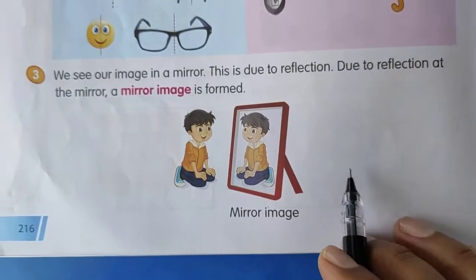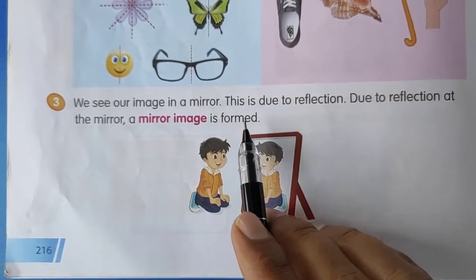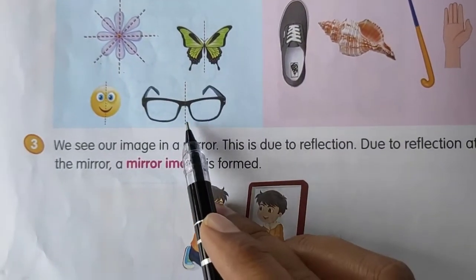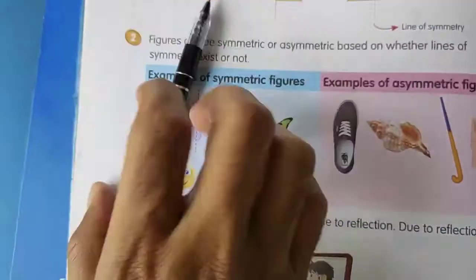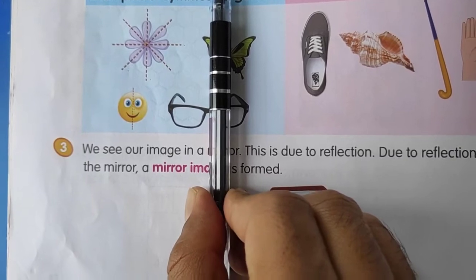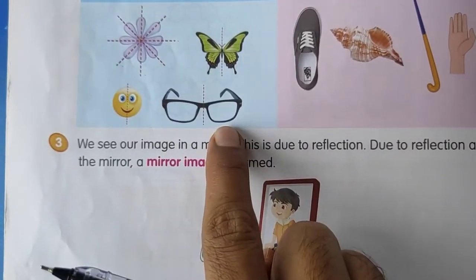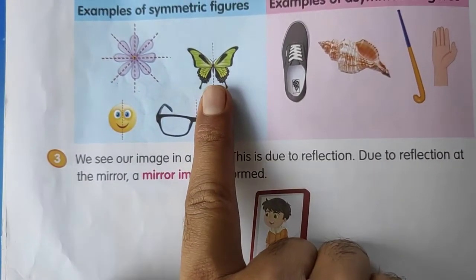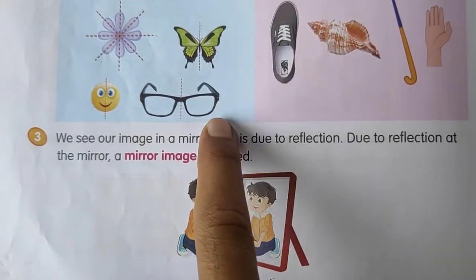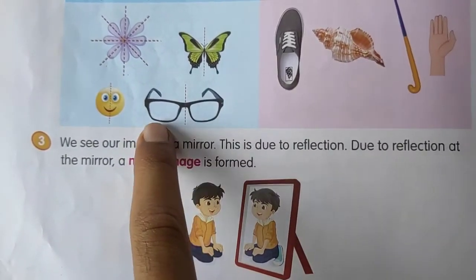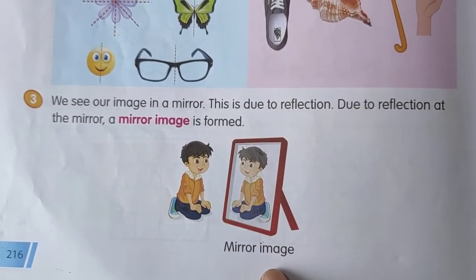Now see point number 3. We all know mirrors. Here the mirror image concept is there. If you see these diagrams also, let us consider you keep your mirror here, on this line, like this. Definitely you will see this left hand side part exactly in the mirror. If you keep your mirror like this, in the mirror you will see this part's image, and you will see the complete figure like this only. So this concept is mirror image.